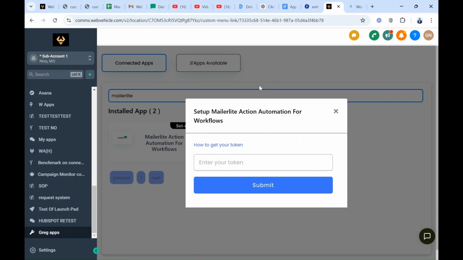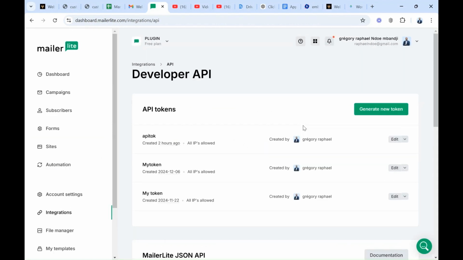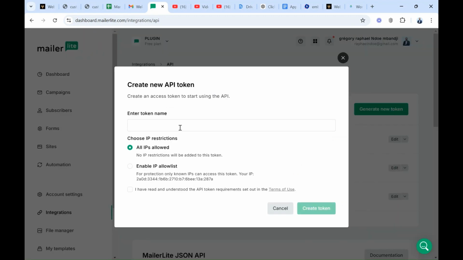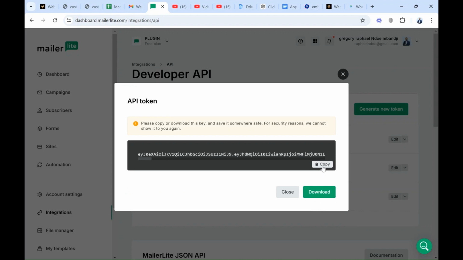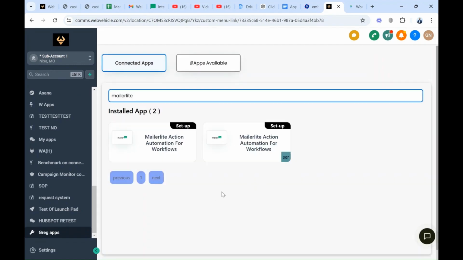So let's switch to our Mailerlite. Inside Mailerlite, we come down here at integrations. As you can notice, we have three API tokens created here as well. But let's create another one. We go on generate new token, enter token name. Let's say it's a key. We check here and we create a token. We get a token, we copy, switch back, submit, perfect. We just connected our tool to our Mailerlite account, which means they're now able to execute actions directly